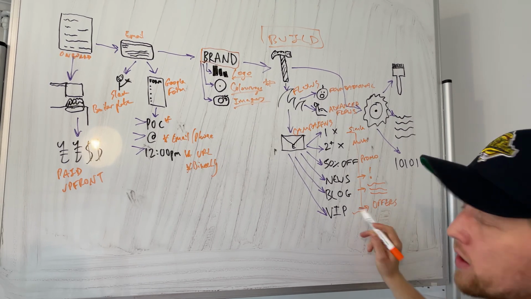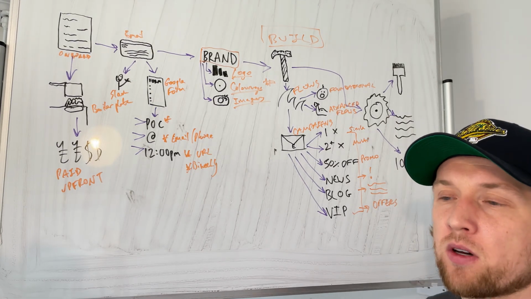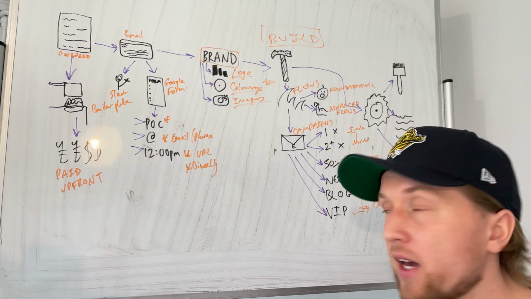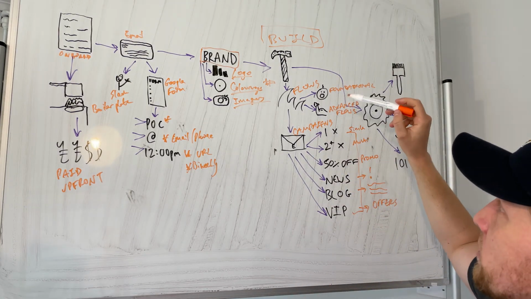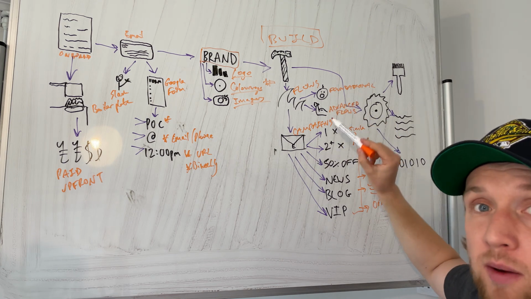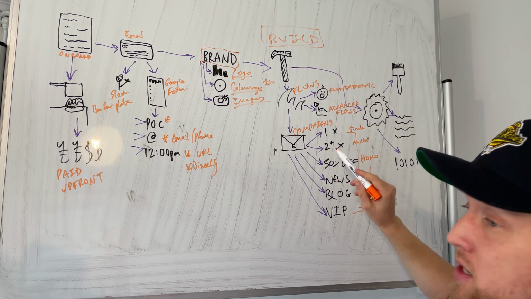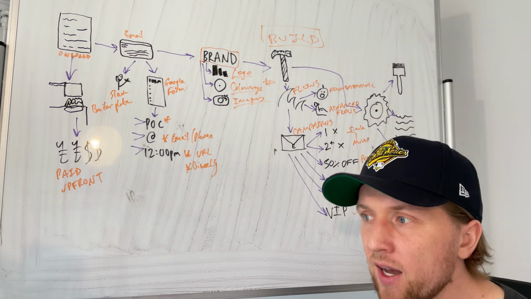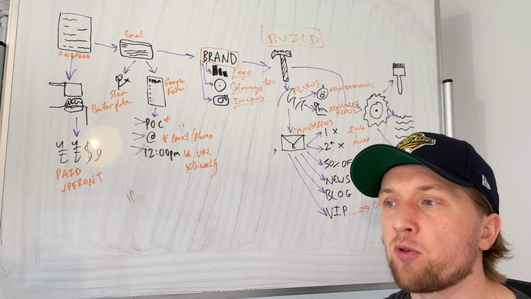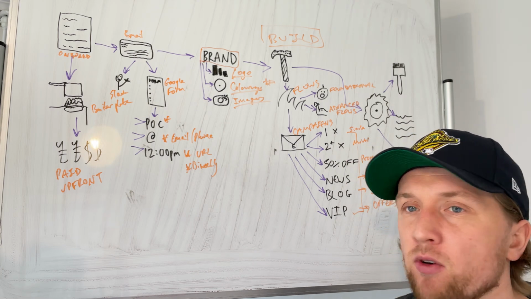So these are one-off VIP offers that will go out to specific segments that are highly engaged, all right? So this is what we build out as our core framework for the build within the email agency. Now, as part of the build and release process, there has to be a period or